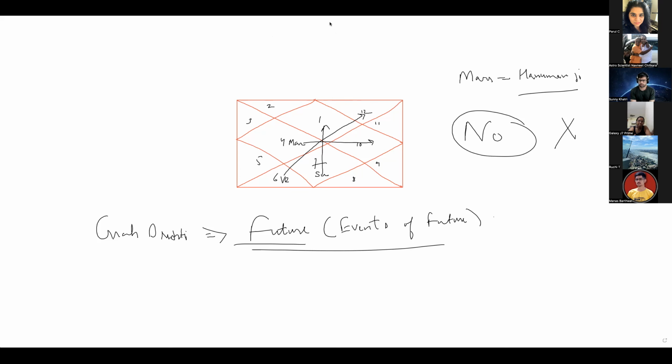So that's the major difference between the Rashi Drishti and the Graha Drishti. Rashi Drishti impact is going to be from day one, from your first breath to the last breath. Continuous impact. Dasha coming, not coming, transit coming, not coming, but the impact is permanent. I'll show you with the chart.